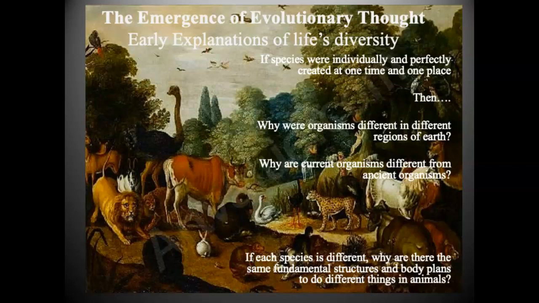Scientists also looked at the wide variety of species around the world, and they asked the question, well, if everything was created in one place, how can we see this grand variety of species all across the Earth? And not only that, how can we see these adaptations in species where each species is uniquely adapted to the environment that they are in? So if each species is different, also, why do we see these same fundamental structures throughout species, all throughout the animal kingdom? And you can also think plant kingdom as well.